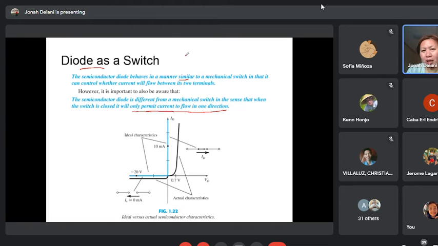Kaya kung switch pa siya, sa symbol sa switch kadto ha. If this is our switch, namang switch. Ana ang switch, di ba? This is an open switch. If the switch is open, then walay current, right? But when we close the switch, for example, current would flow. The current can flow this way. The current can also flow in the opposite direction, right? But for the diode,